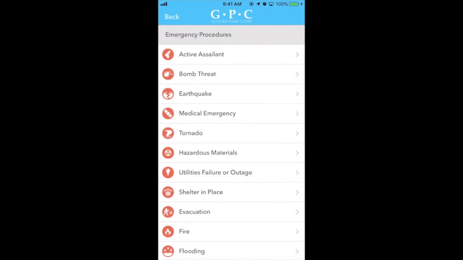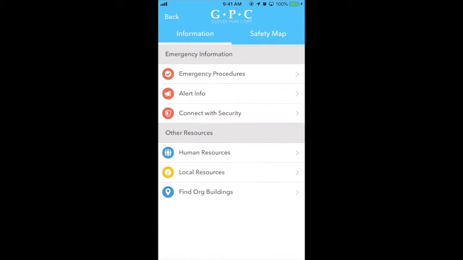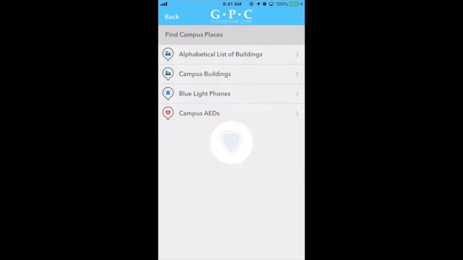Emergency procedures can be anything from what to do in an earthquake, tornado, or evacuation. All of these resources are hard-coded to your device and can be accessed in the instance where you lose cell service or Wi-Fi. In the instance where we have Find Organization Buildings here, these are buildings that have been uploaded